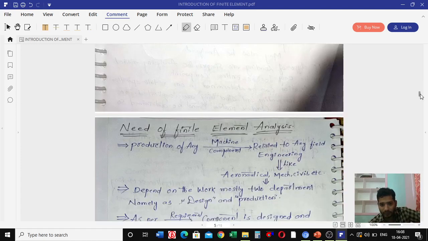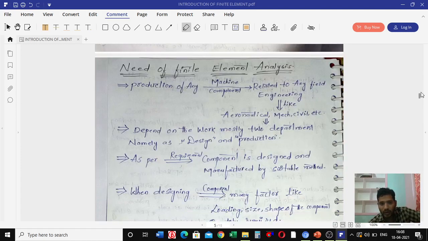Next one, needs of finite element analysis. What are the needs of finite element analysis? Generally we know very well the production of any machine component related to any field of engineering like aeronautical, mechanical, civil, electronics,